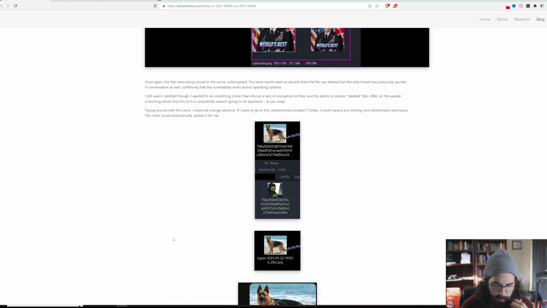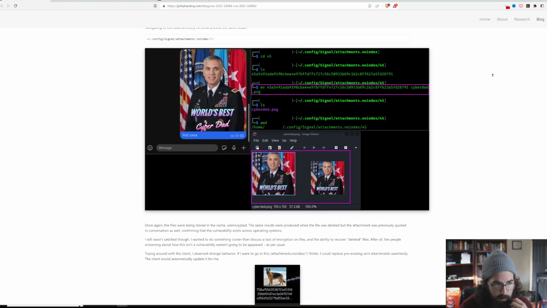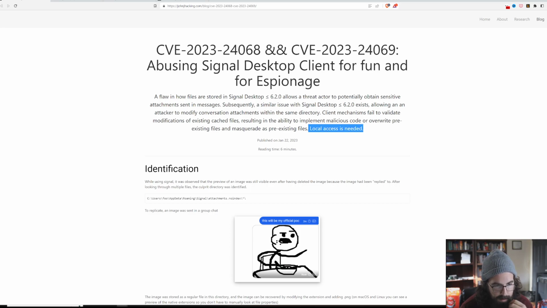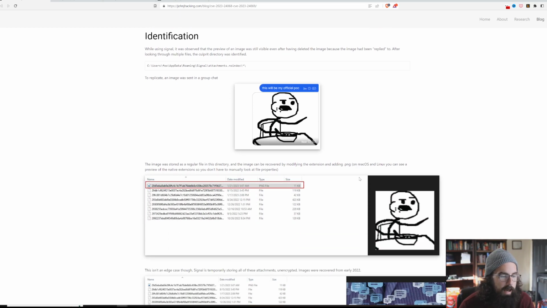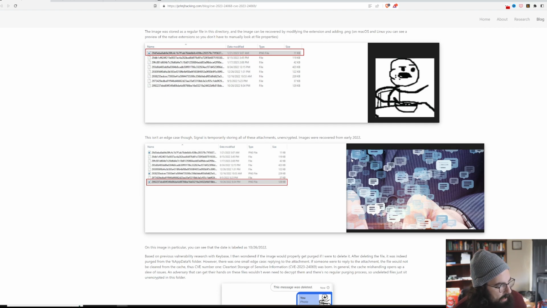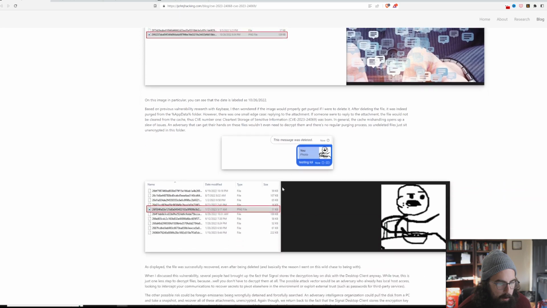So the elephant in the room here, that I will give props, he acknowledges at the very top, is you need local access to a computer or a victim's computer to do this. The way he pitches it is that if somebody is arrested in a nasty country, that country might take that person's devices and use these two vulns to replace a document that was sent in a Signal group with a piece of malware or something else that's malicious. That concern is legitimate, but I don't know. My only beef with